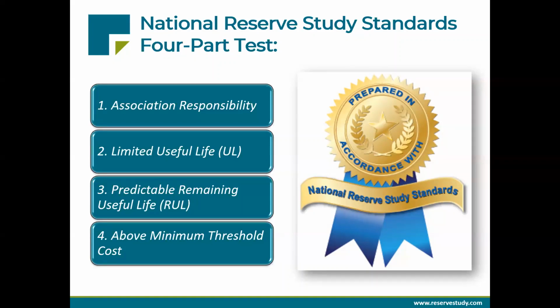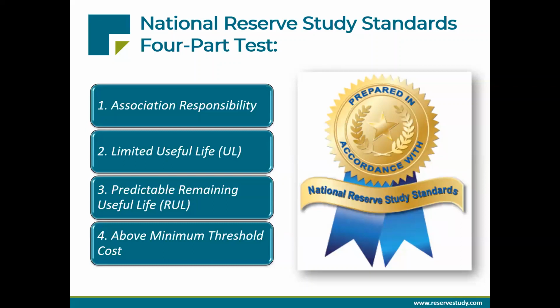Okay, the last criteria on the test here is, does this component represent a significant cost to the association, right? Now, I kind of mentioned earlier the statutory number of $10,000 for condos. I want everyone to understand that's a pretty arbitrary number. There is no well-defined understanding of why the number is 10,000 and not 5,000 or 20,000, right? The point is, for most associations, that threshold should be a lot lower. And I'll tell you why.